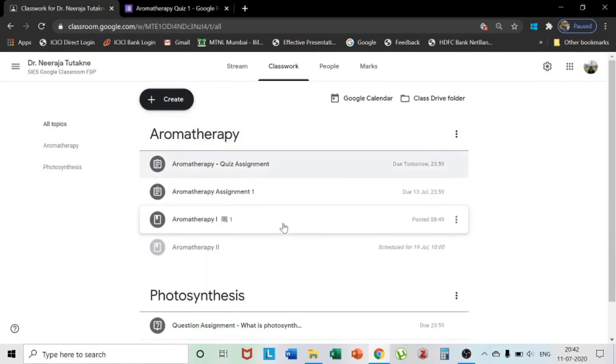So this is how we have seen how to generate a quiz based assignment. That is all about classwork, using which you can create quiz based, question based or simple types of assignments, and video based, PDF based, Word based or Excel, PowerPoint, link based, any kind of sharing of materials.